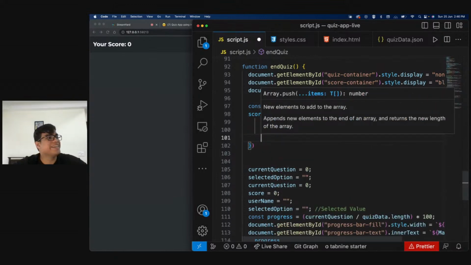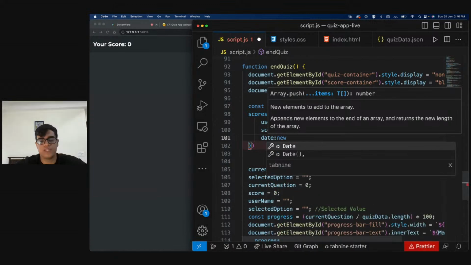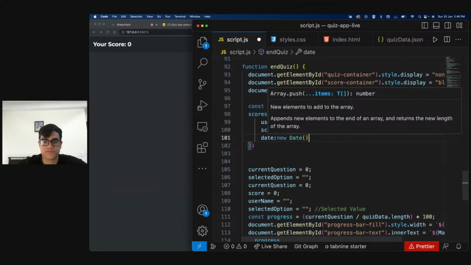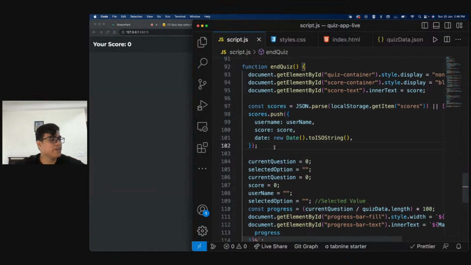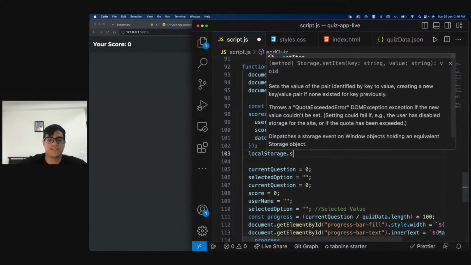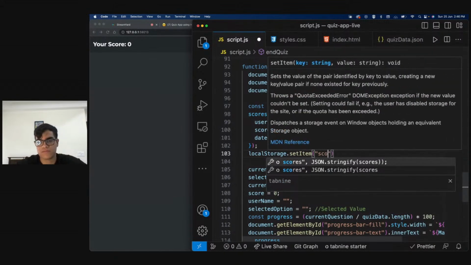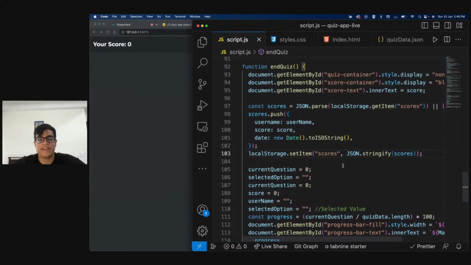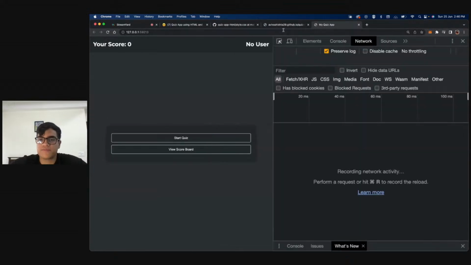And we need to pass the date. The date is going to be new Date().toISOString. Why ISO string? It's the simplest, shortest way to save it. Once this is done, I will say localStorage.setItem and scores, and that's it.